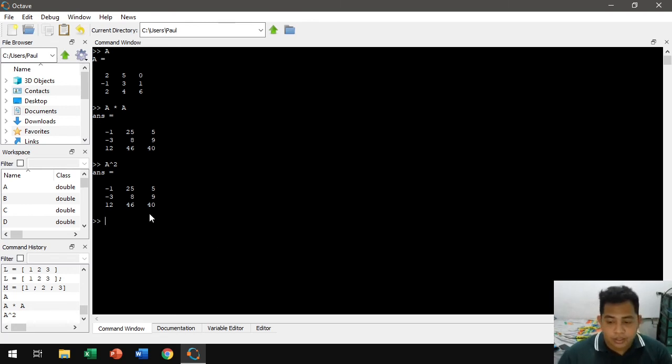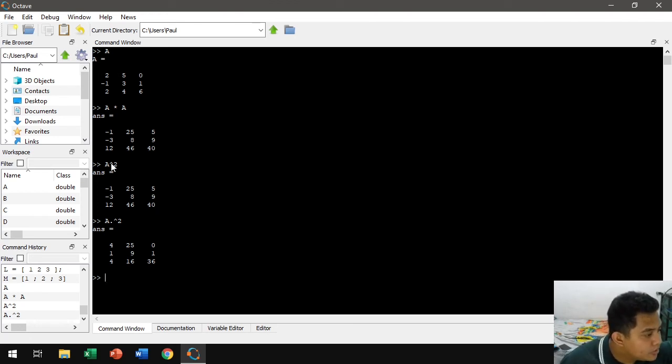Let's try A dot power 2. What happened? It squared each element. So this is 2 squared, which is 4. 5 squared is 25. 0 is 0. Negative 1 squared is 1. 3 squared is 9. 1 squared is 1. We have 4. 4 squared is 16. 6 squared is 36.